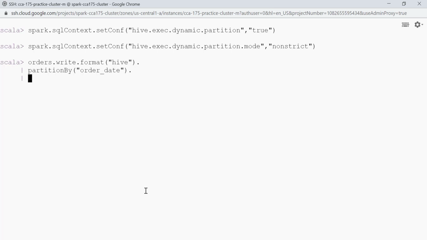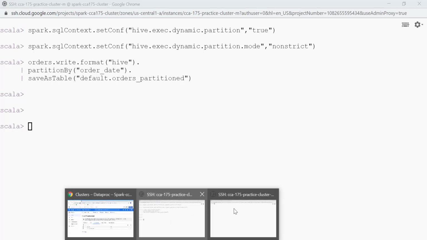And then finally I'll be calling saveAsTable API, and I'll be specifying the database name, which is default, and the table name, which is orders_partition. And we are done. So let's go to the Hive shell and let's validate.